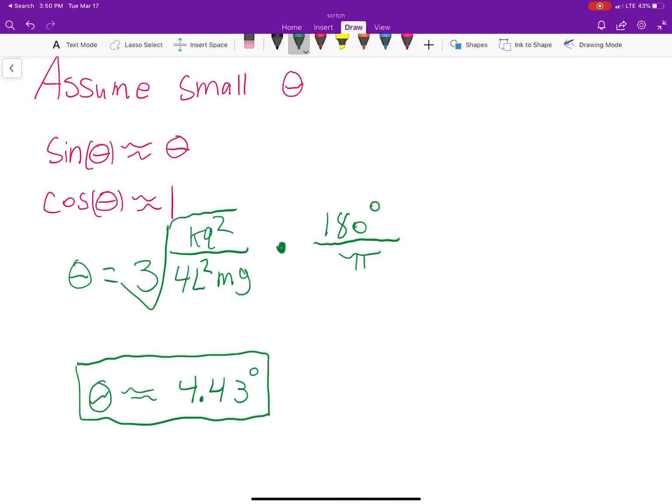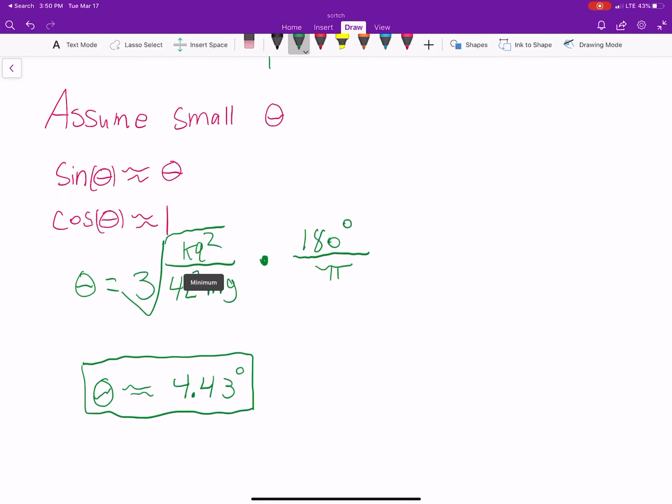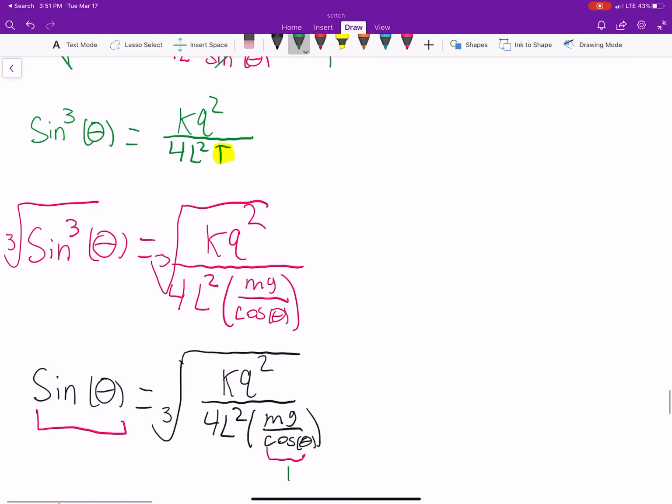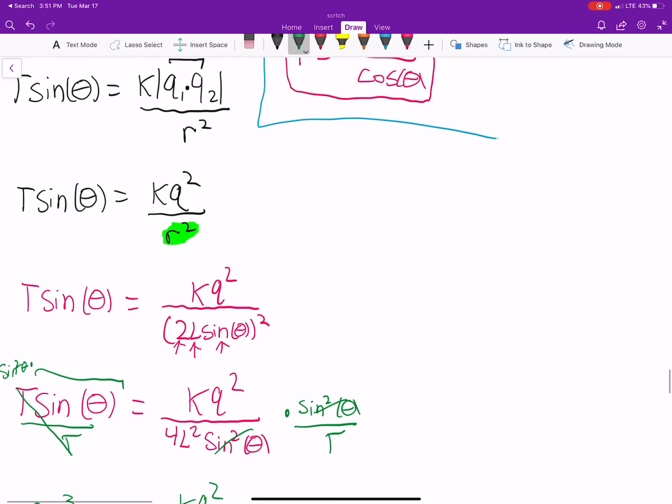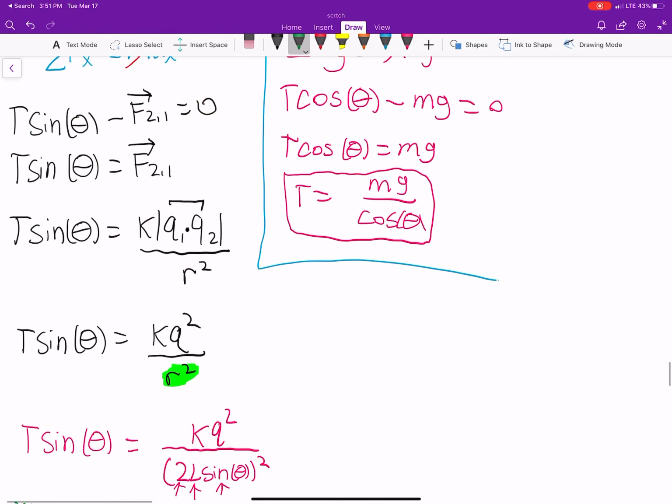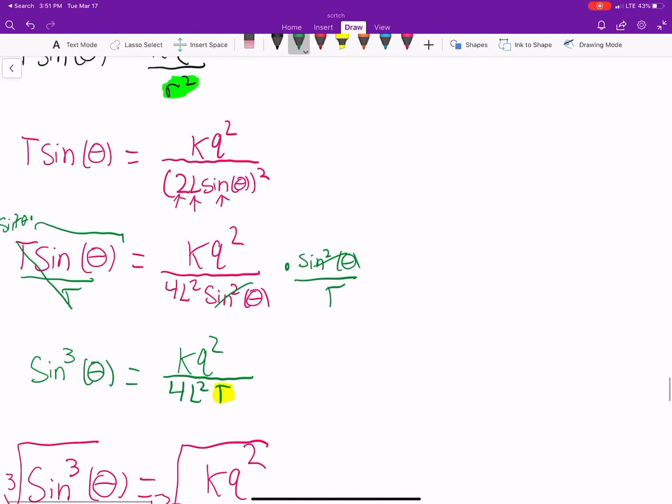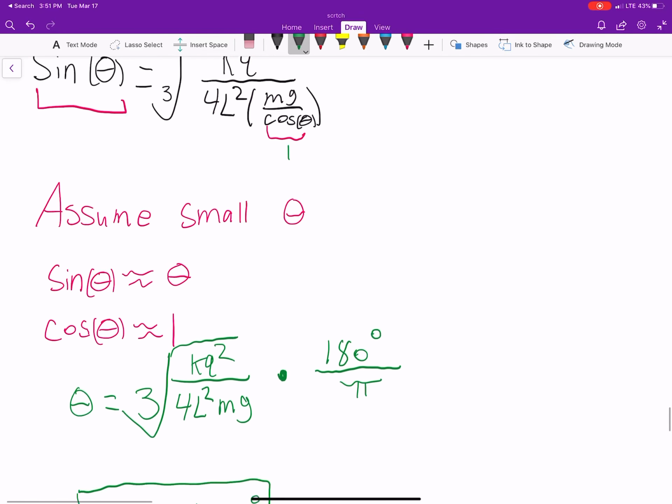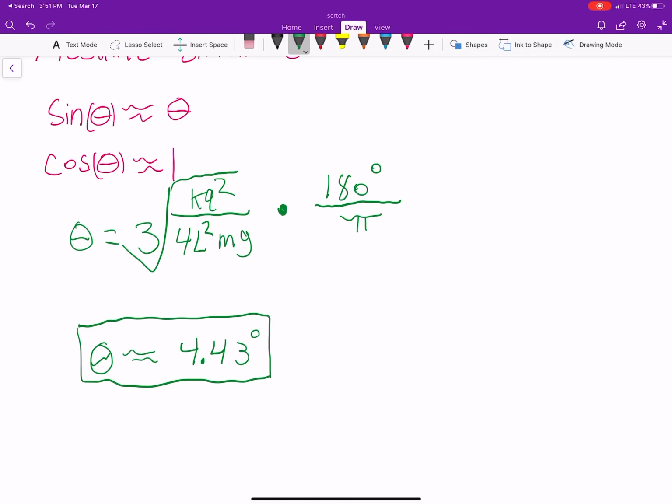So hopefully that makes sense. I really like this problem. It used a lot of Newton's second law, so good refresher there. It used a little bit of geometry. Obviously, Coulomb's law was needed. Used small angle approximations, which is always good, and a little bit of algebra. So really the whole